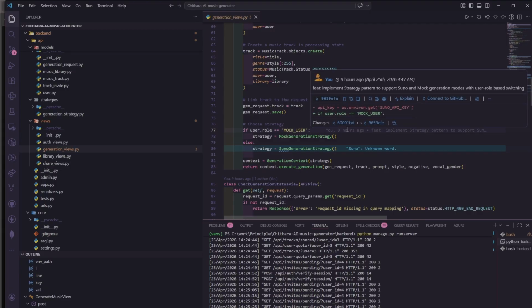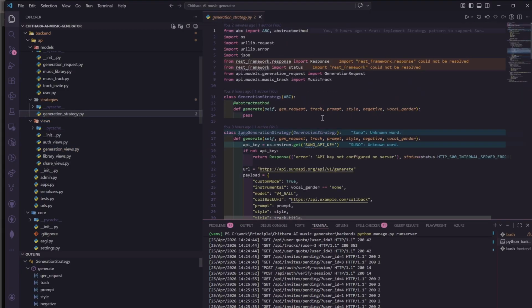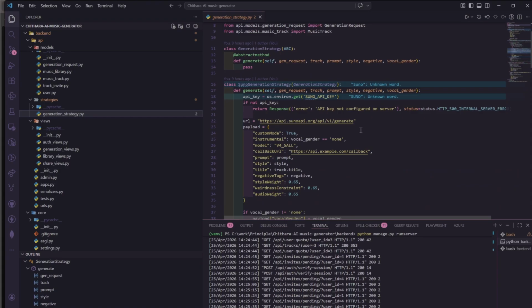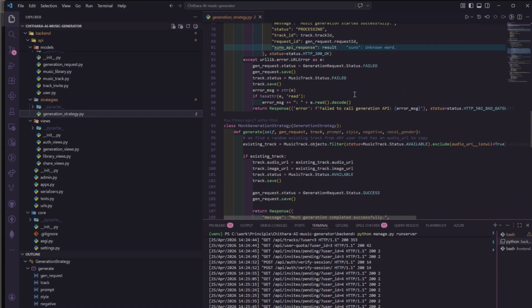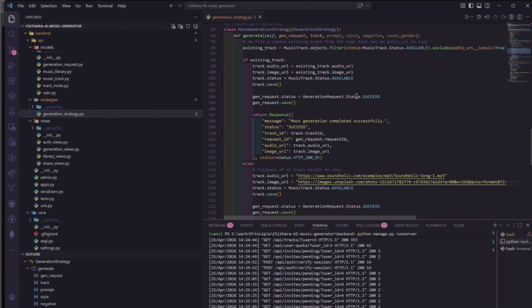mock generation strategy. In generation strategy, it will do two operations: the Suno generation strategy that will send our actual prompt to Suno, and the mock generation strategy that will random a track ID and request ID from our existing database.